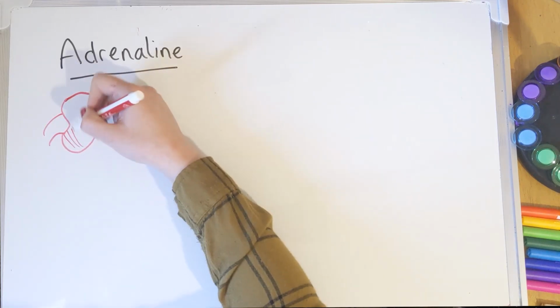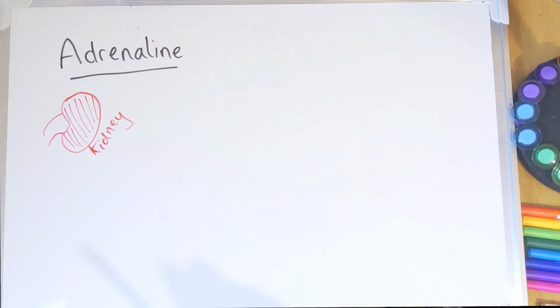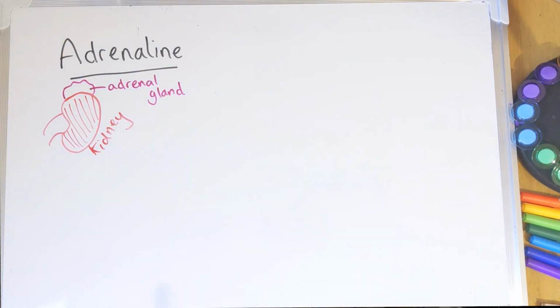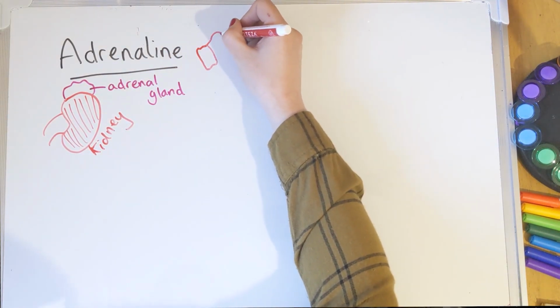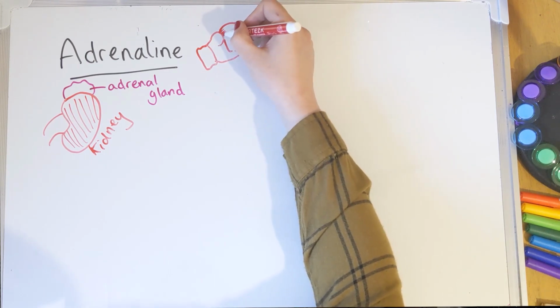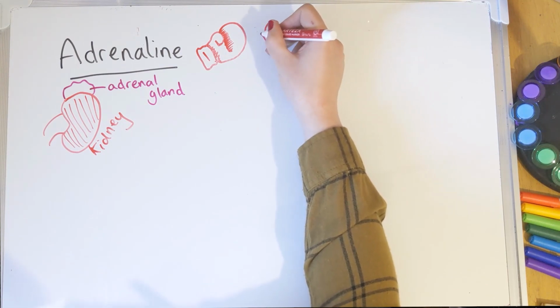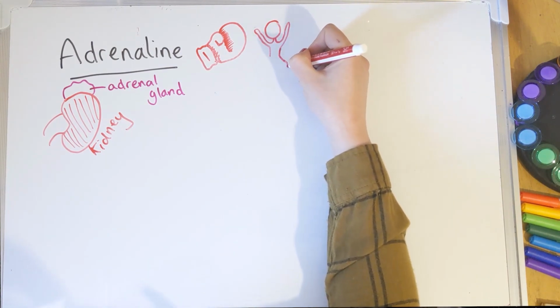Adrenaline is a hormone that I'm sure you are familiar with. It's the one that we associate with being scared or being excited. People can be adrenaline junkies if they enjoy dangerous or exciting sports. The adrenaline is produced in little glands that sit on top of each of your kidneys called adrenal glands,